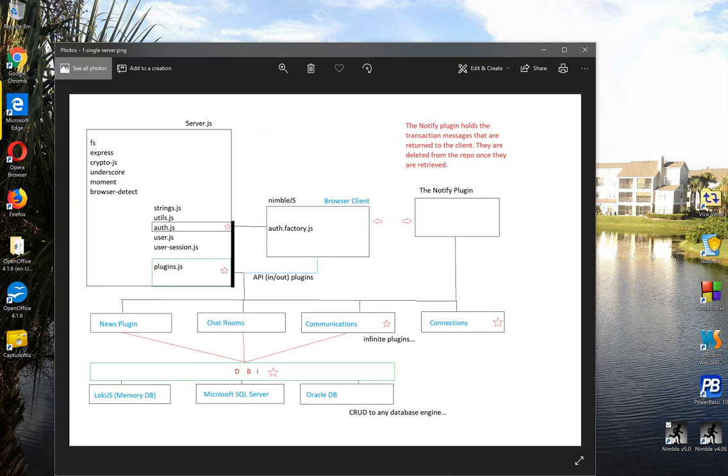So how about a nice little diagram? This diagram shows you some of the code of how I built my Node.js server. Of course, I brought in Crypto.js, Express, all the cool stuff that you expect with Node.js. And then my reusable builder design pattern libraries. I used the strings.js, utils.js, and then I crafted auth.js simultaneously with the front-end client auth